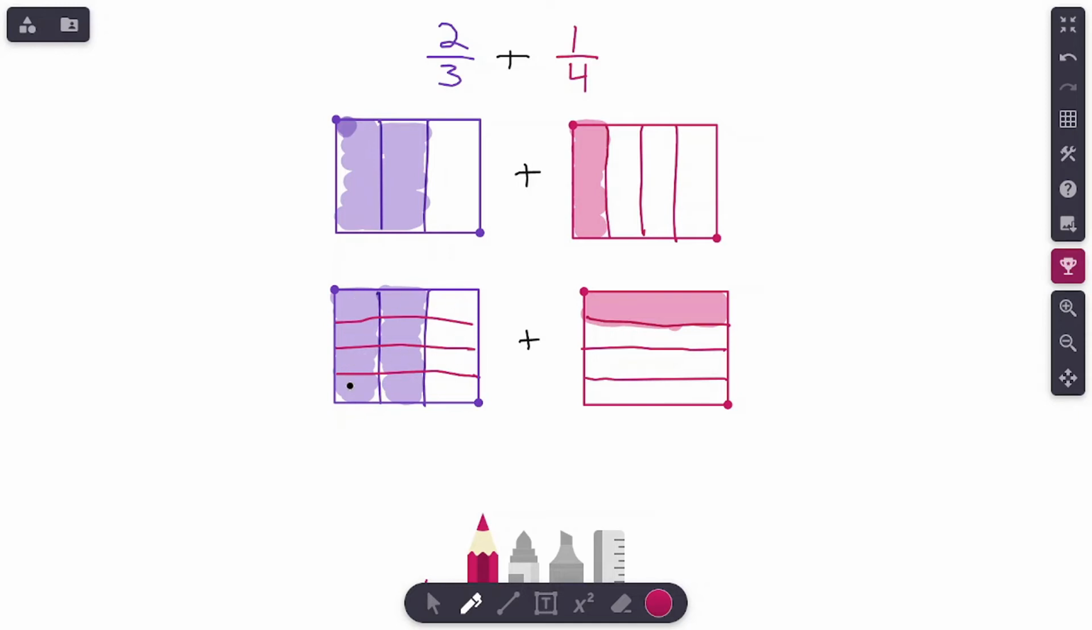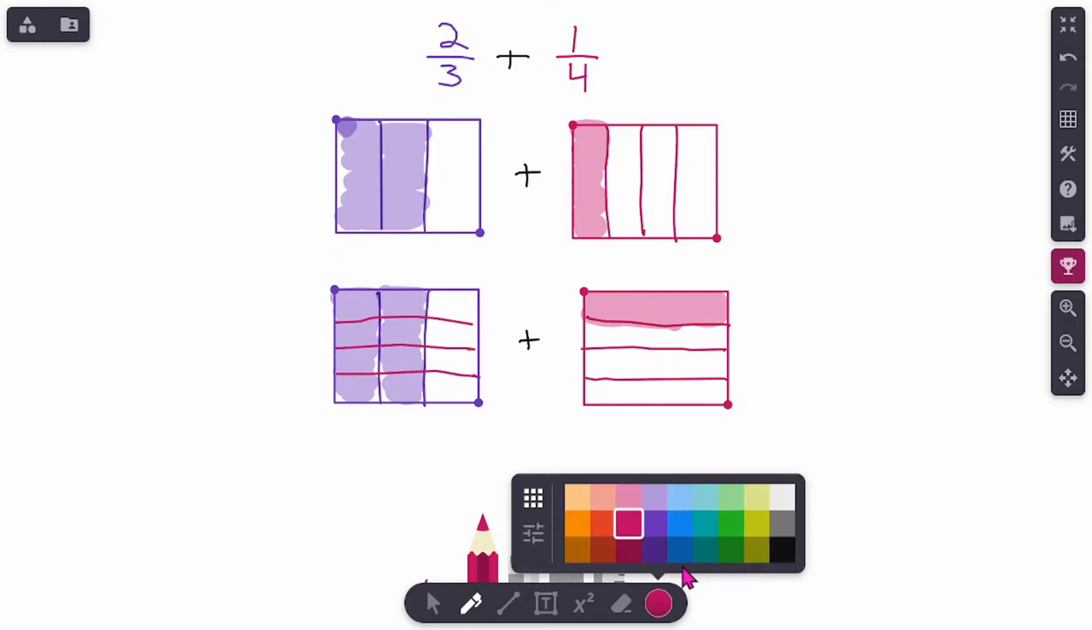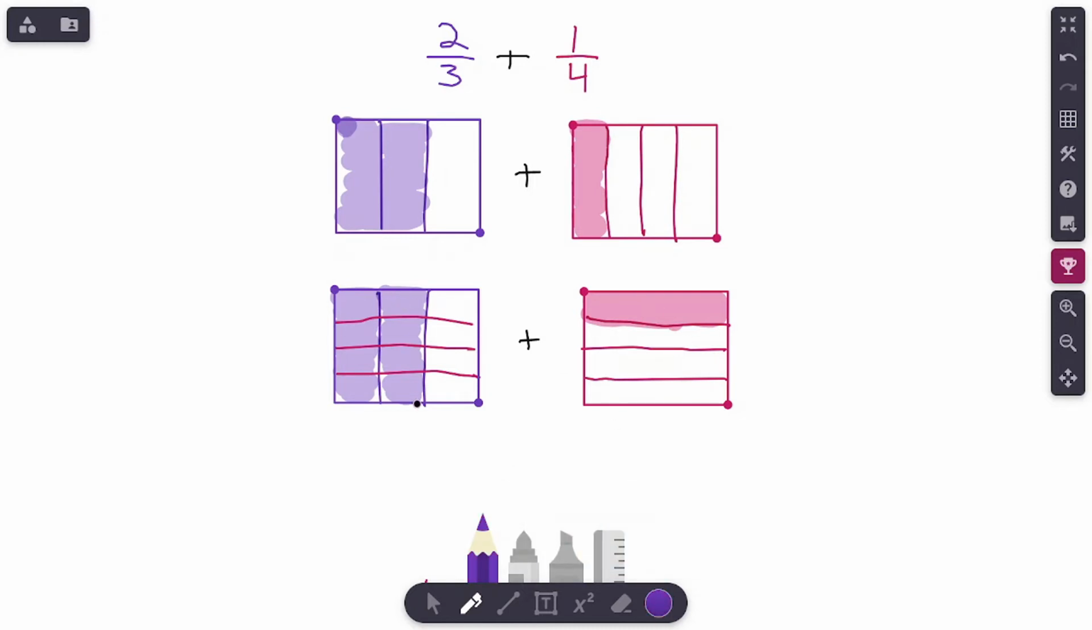1, 2, 3, 4. Over here on this model, I need to represent thirds because the vertical lines represent thirds. So there's 1, 2, and 3. Notice 1, 2, 3. That's thirds. 1/3, 2/3, 3/3. Now, let's see if we have equal size pieces, an equal number of pieces in both of